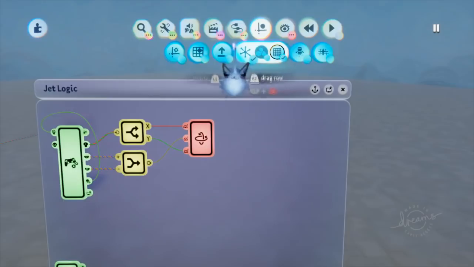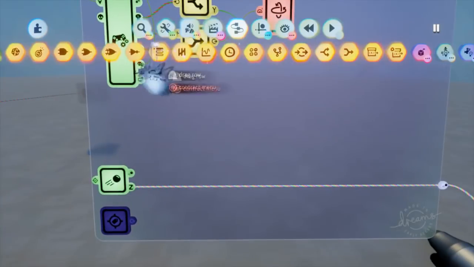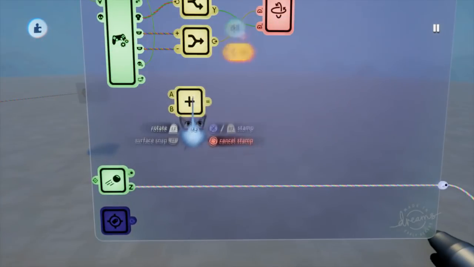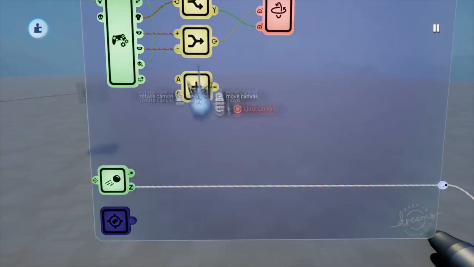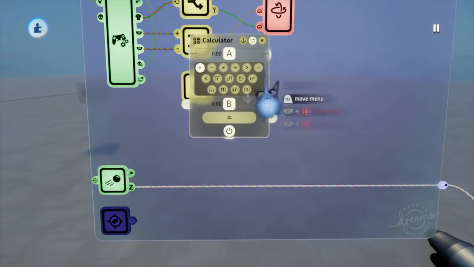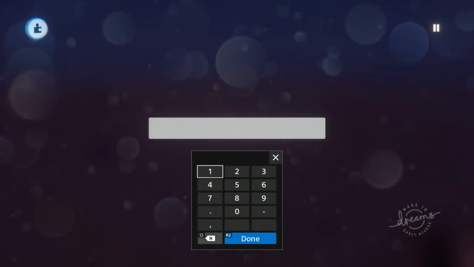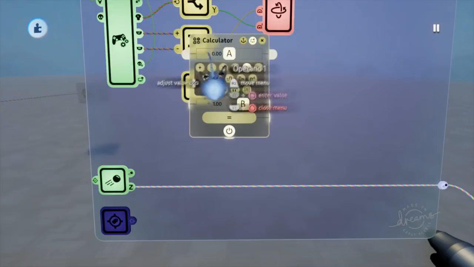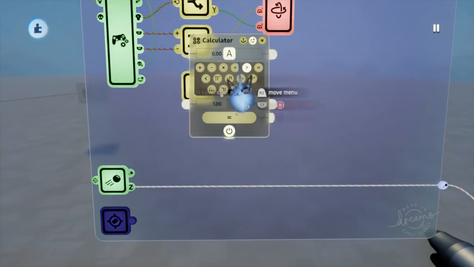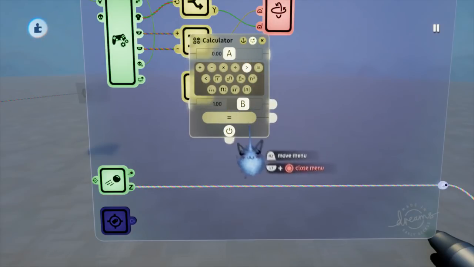And then we want to get a calculator out. And this is going to tell us if we are going at any amount of noticeable speed. So we're going to go ahead and open up the calculator properties. We're going to set it to greater than, and then operand 2 we're going to go ahead and set to 1 with L1 and square. So it does left and then right side. So A is left side, B is right side. So if left side is greater than right side, then we output a signal of 1, a Boolean value of